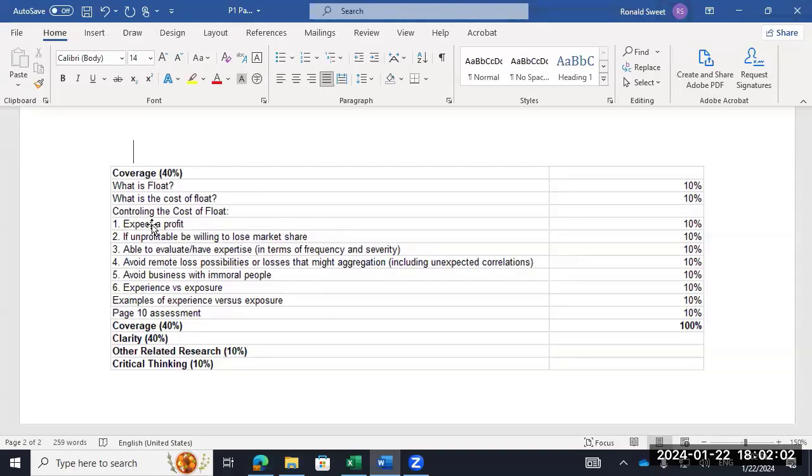The cost of float, that's where you want to make sure you talk about the combined ratio, which he doesn't talk about in the article. All right, so there's a really good example of something that we talked about in class that's not in the article at all. So combined ratio, y'all remember that, your outflow over the inflow. If it's above 1, you're spending more than you're taking in. If it's below 1, then you have a profit.